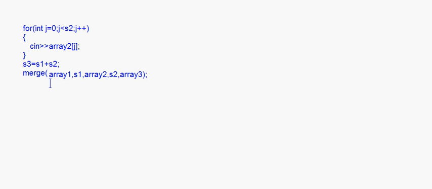Now I'll write the function first and then we will come back to this method. Now we are going to write the merge method. Now look at this method. This is what is important. Void merge, int array1, comma int s1, int array2 comma int s2, comma int array3.